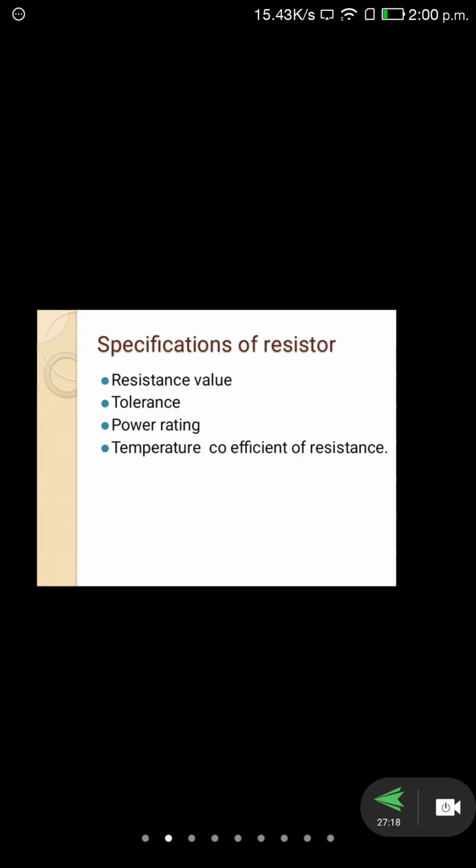Tolerance is the deviation or the difference from the value printed on the surface. That is what we call tolerance. For example, the resistor value is 2 kilo ohms, which is 2000 ohms. But when we measure with a multimeter, the value does not show exactly 2 kilo ohms or 2000 ohms, because there is a difference in the resistance value. How much is allowed is 5%, 10%, 20%.